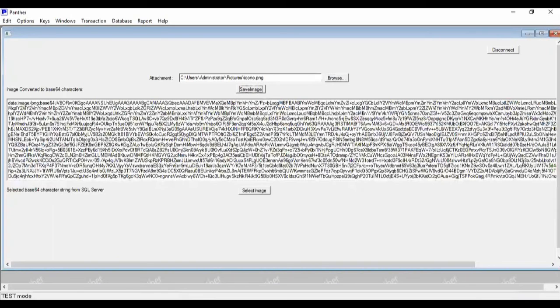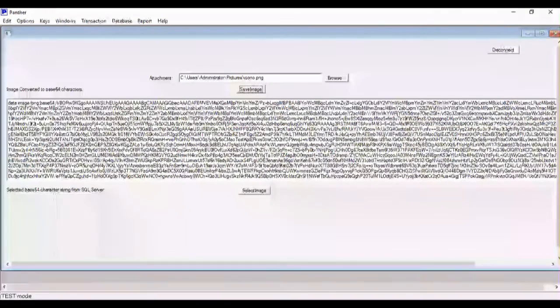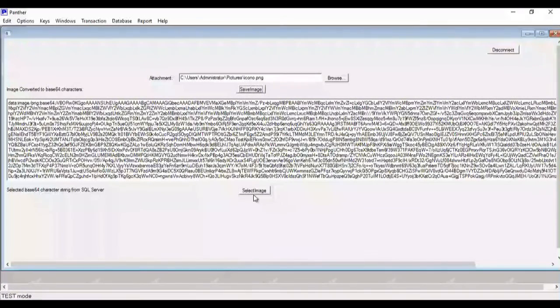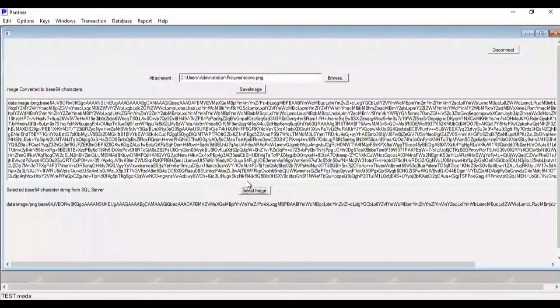Now how this is working is, it is using a binary function that we have in our JPL, that is read binary image. As soon as I click select image, the converted data is coming up in this dynamic label that I have present over here.